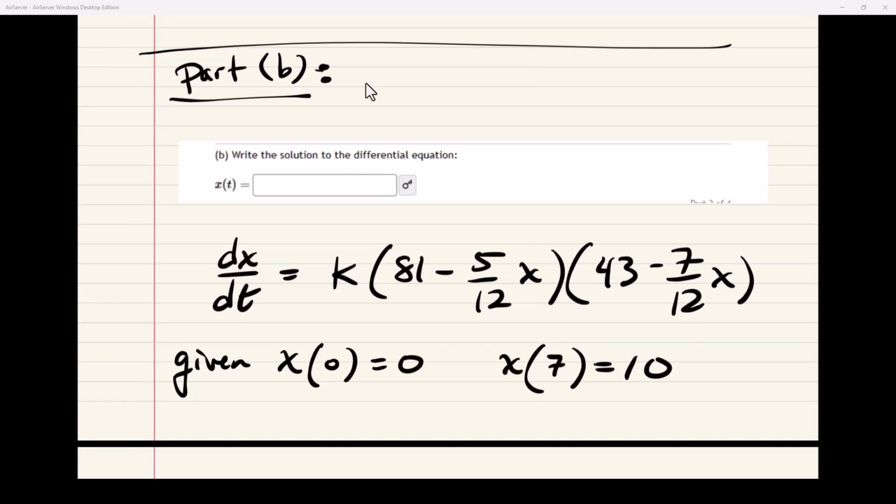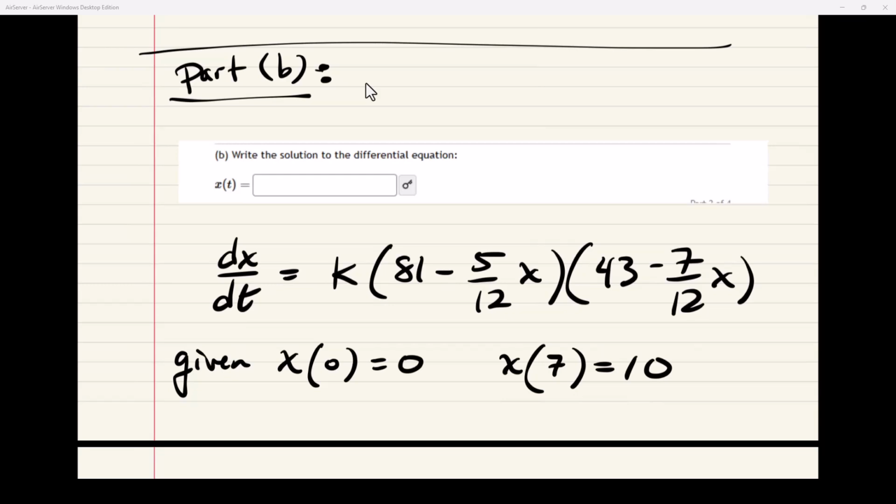So this is now an initial value problem for which we can actually solve for X and find the value of K. That constant of proportionality is the rate at which chemical C is produced over time. If we're going to solve for X as a function of T, we're going to need that constant of proportionality, which comes from the rate at which the reaction occurs, which is given by those initial conditions. In fact, boundary conditions, because we know X at time 7 is 10, and that's now enough to get